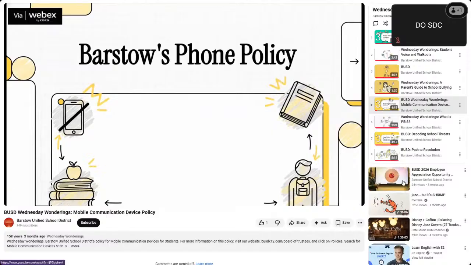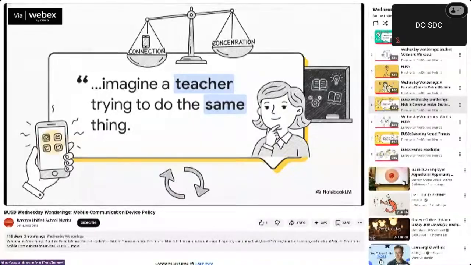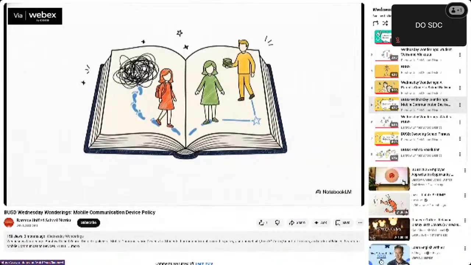You know, the policy document itself kicks off with this line that really gets to the heart of the matter. We all know how attached we are to our phones, but in a classroom, they can be a massive distraction. So the real challenge is finding that sweet spot, right? That balance between being connected and actually concentrating on learning. And that's exactly what this policy is trying to do. Find that balance. So we're going to walk through the official rules step by step. The goal here is to make sure everyone, from students to parents to the staff, is on the same page.